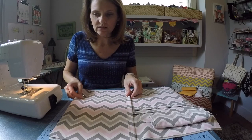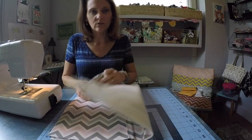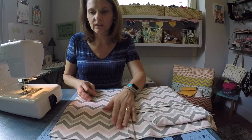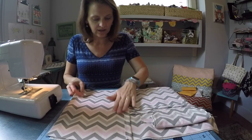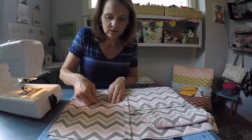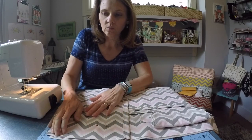I would suggest though just having a little overhang, because then that'll give you room to close the planner like that once you have your spiral book in there. So I'm suggesting let that overhang at about a ½ inch on the right, and then align the base and the top. Go ahead and put 2 pins through all of this to hold this pocket in place, and then you have one more